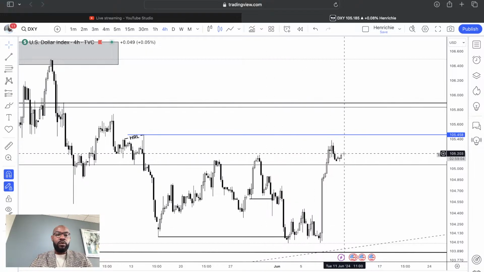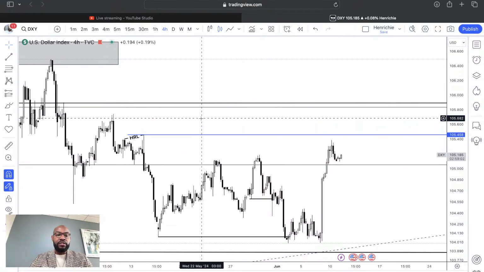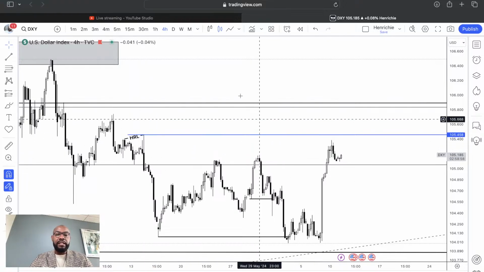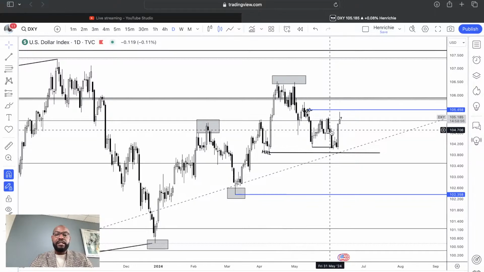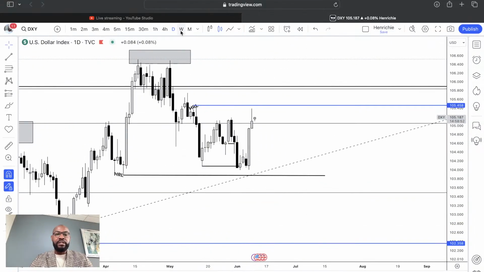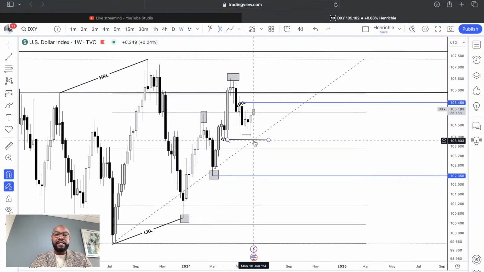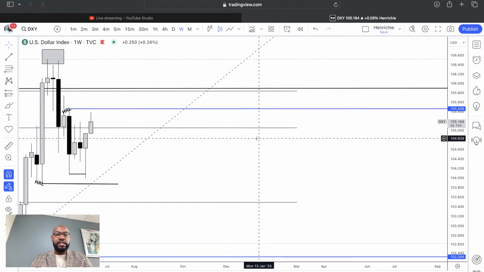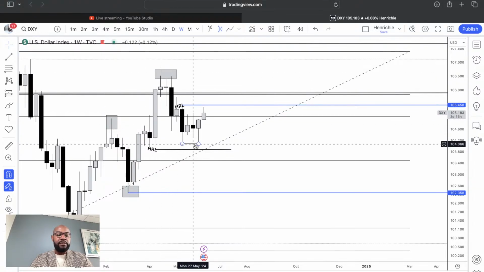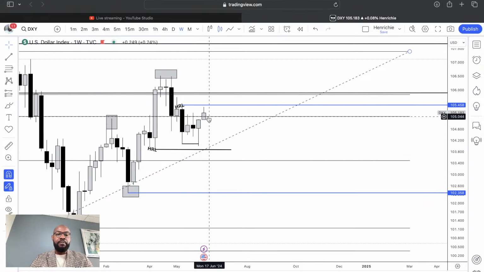So what we're now watching is to see whether price is going to continue higher or whether we can potentially see a reversal from this key level. Personally, I'm not really seeing much within this point of interest. There's not really so much I'm seeing that looks exciting from this key level. The only thing I can see right here is the fact that we had an impulse and then a displacement to the downside, rejecting, and then price coming back up.